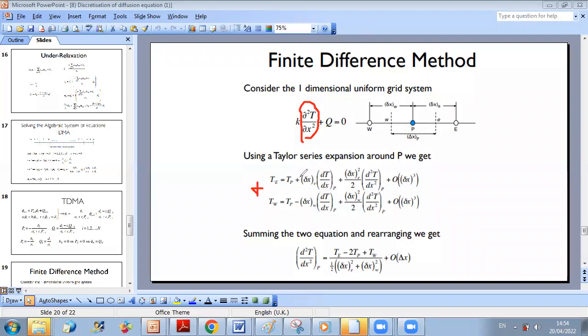Because I have plus delta x east dT by dx at P minus delta x west dT by dx at P. But since it's a uniform grid, these are equal, so they will cancel out. And then I can find an expression of my second derivative, because if I do the addition, I get T east plus T west